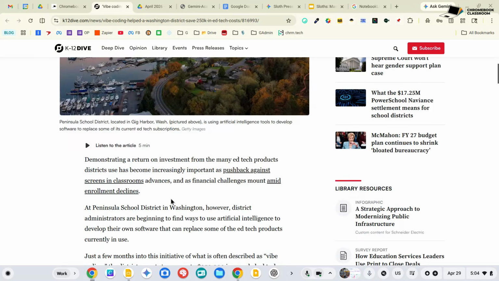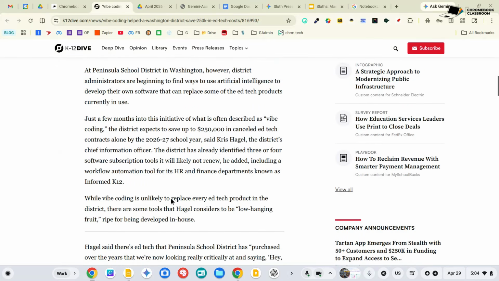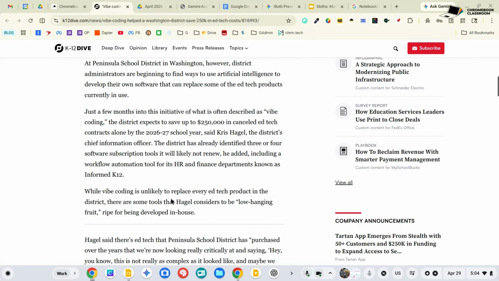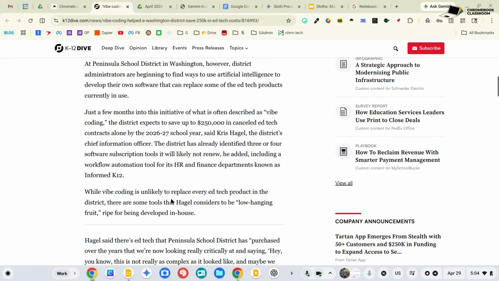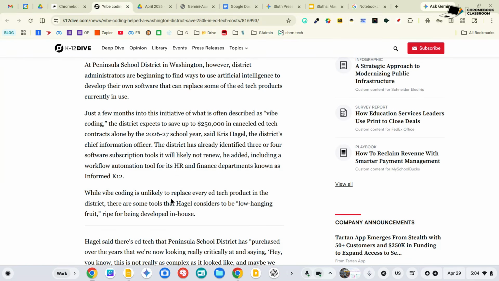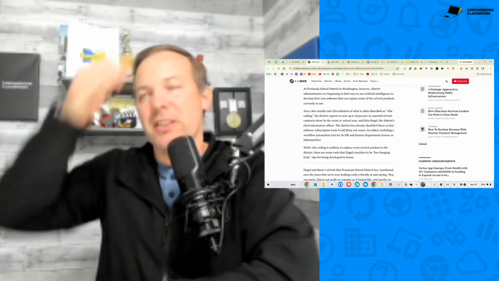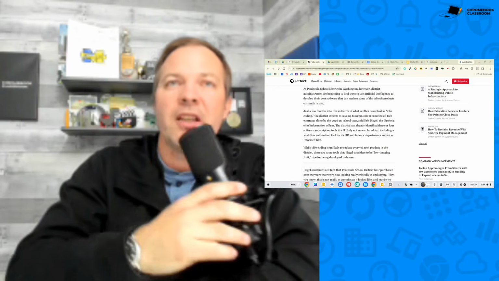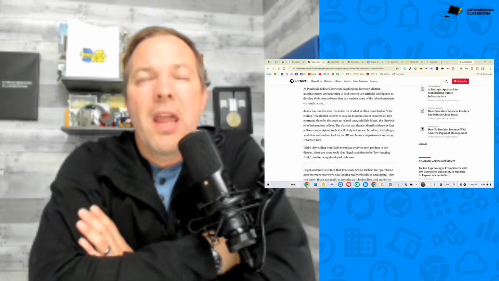They were using Claude to create their own versions of various EdTech tools. Now, it did not specify which tools it recreated, but when you stop and think about it for a minute, think about some of the EdTech tools that you use on a daily basis.